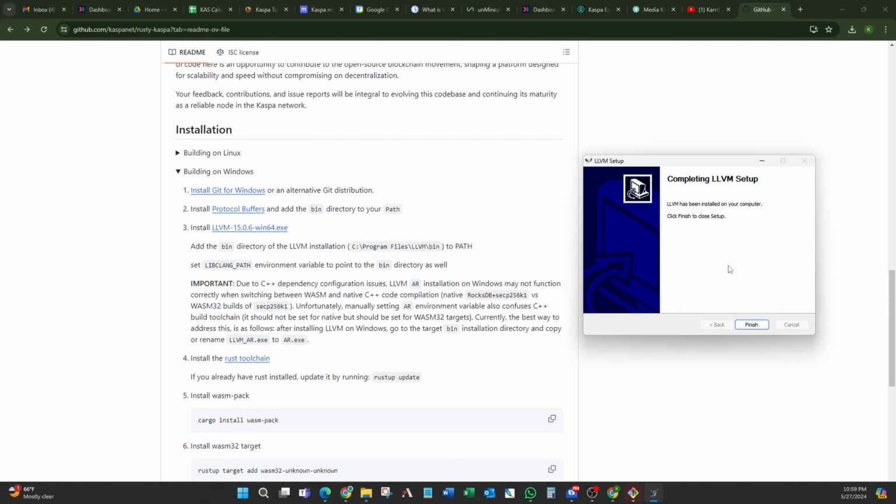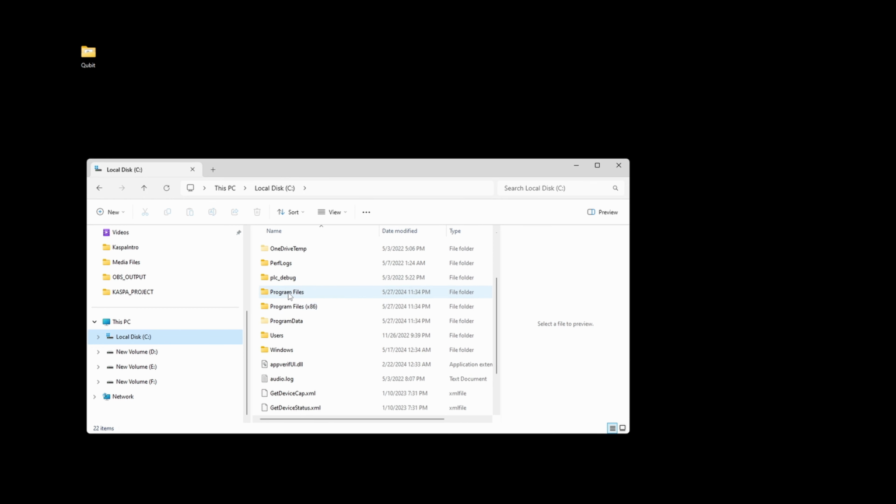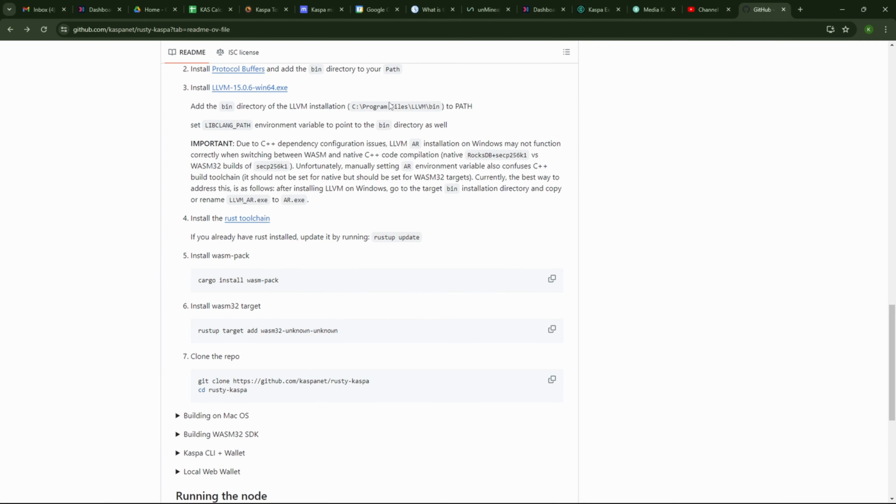Alright, so we've got that installed. What we're going to do is add it to path. There's two ways you could do this. First is you could go into your C drive, find your program files, and find the LLVM folder. And you could do the same thing, add it to path. But we're just going to grab it from the GitHub page because it's right here, nice and handy. So just copy that, and then find